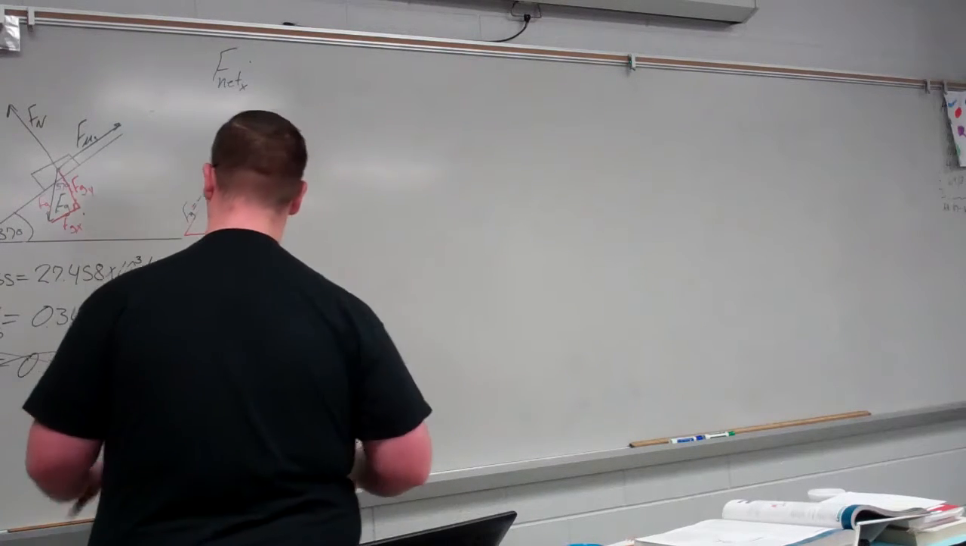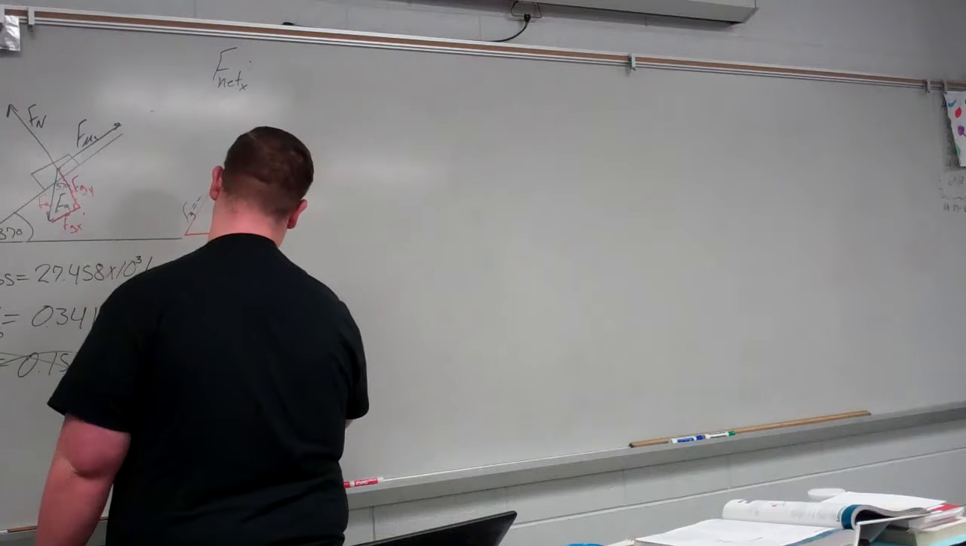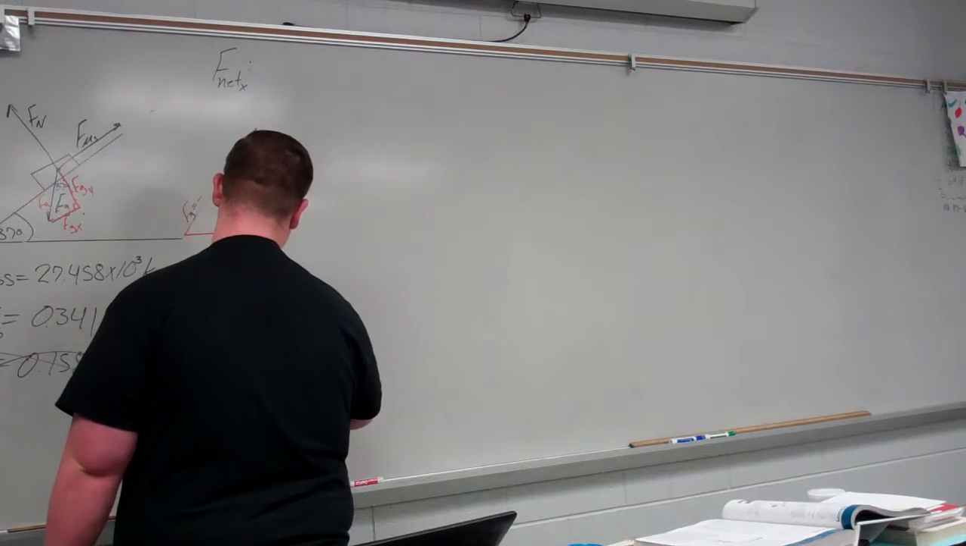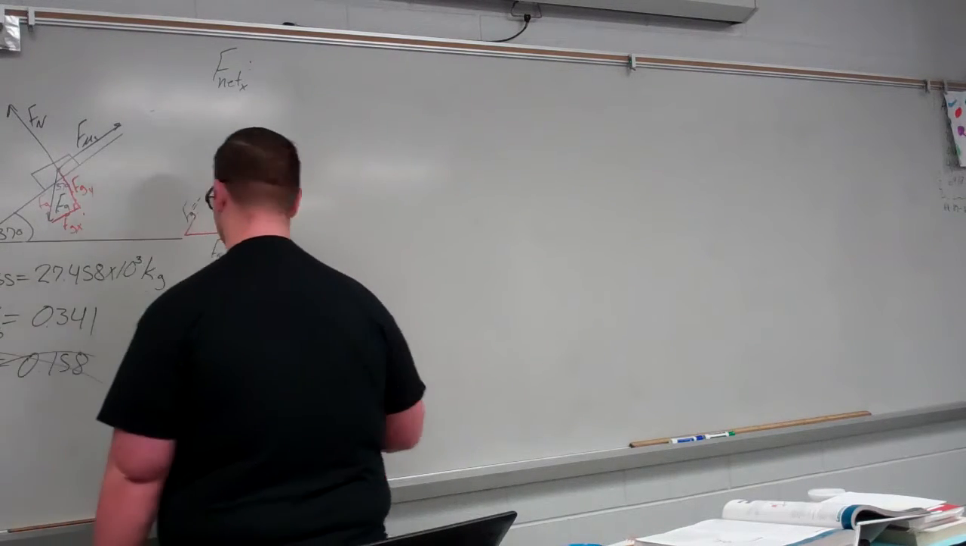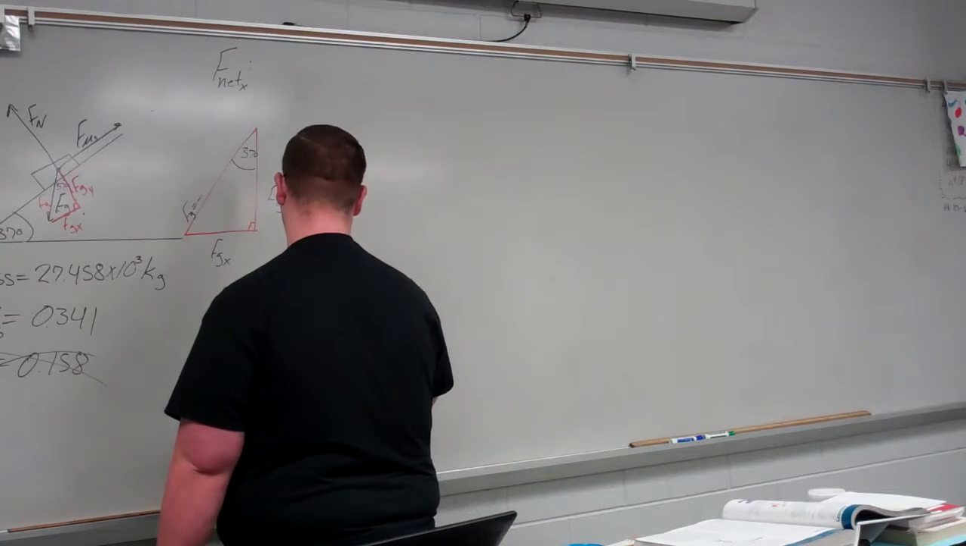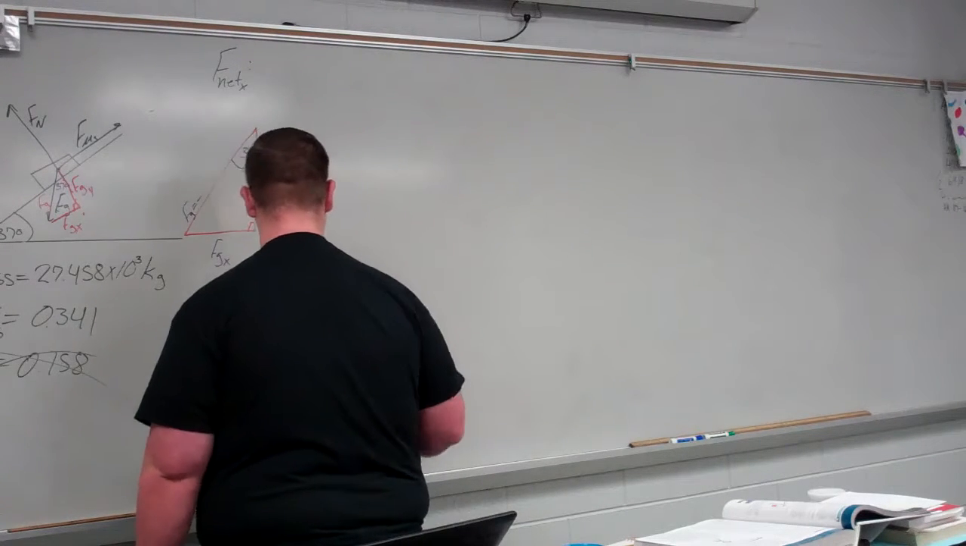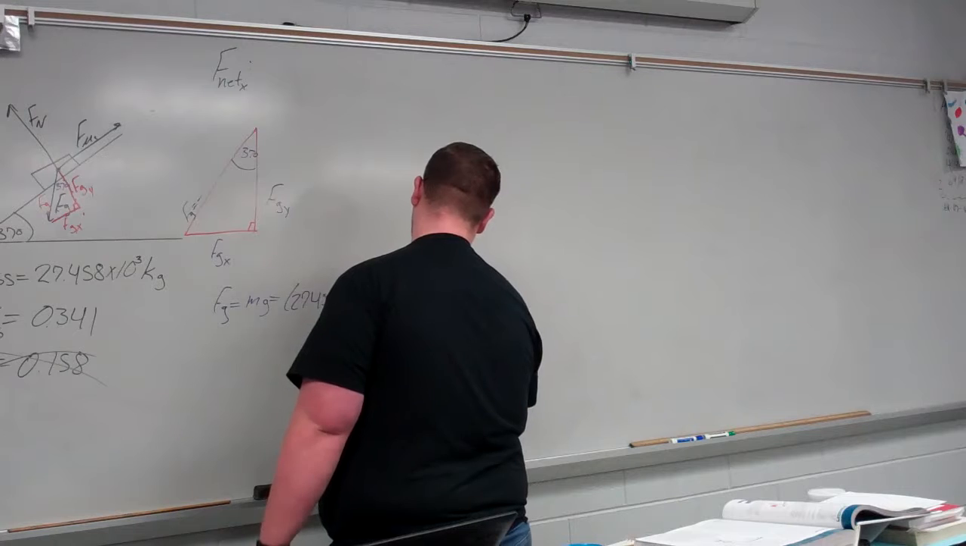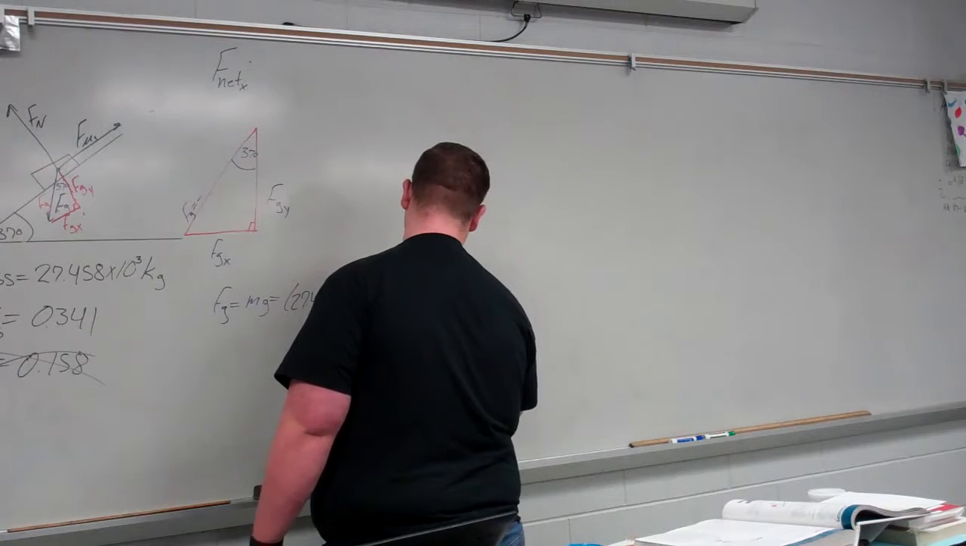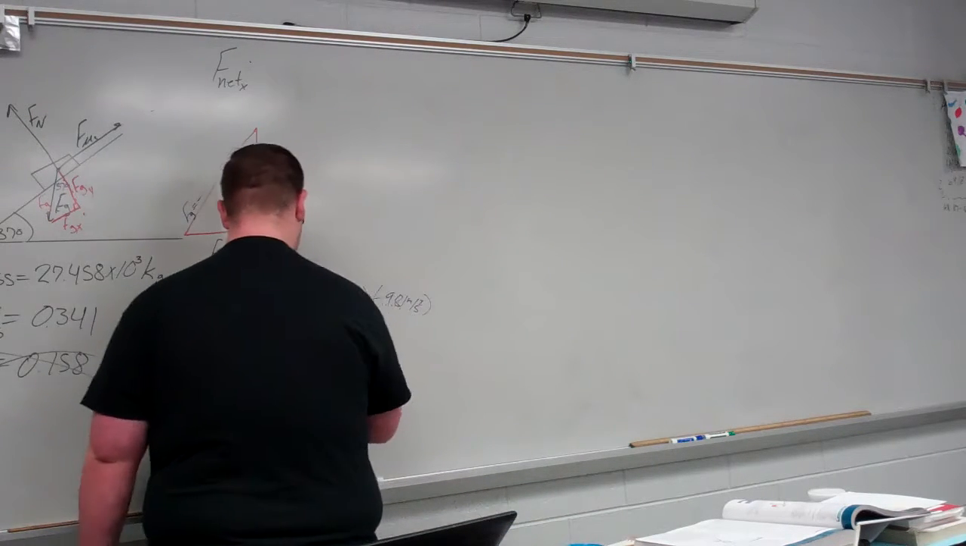So the force of gravity is equal to what? Mass times gravity, which is 27.458 times 10 to the third kilograms times gravity, negative 9.81 meters per second squared, and this will be equal to